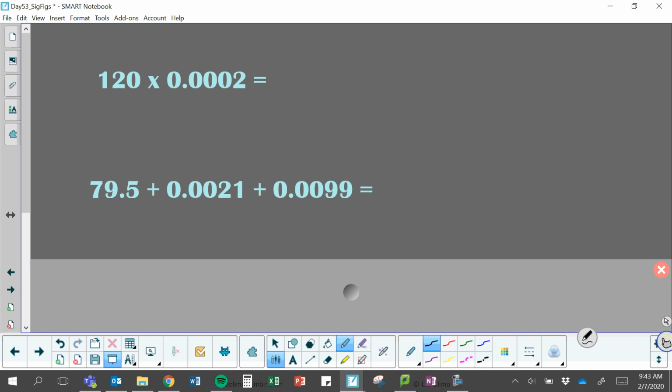You can try them on your own now. These are how multiplication and addition and subtraction all mixed together. Okay, so this first one, you get 0.024. It's multiplication, so we're going to use the smallest number of sig figs. This has 2. This has 1, so our answer